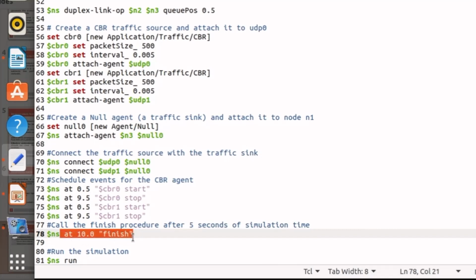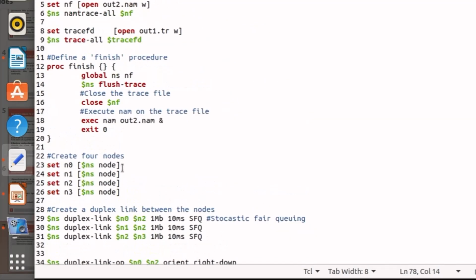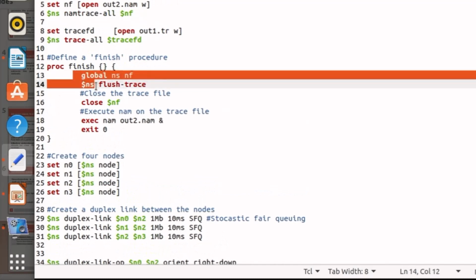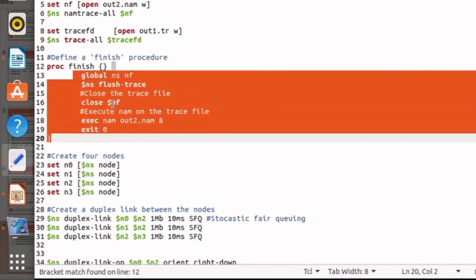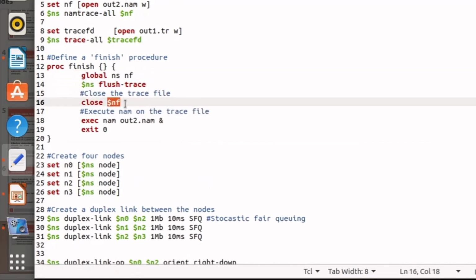At 10th second, the finish function will be called. And what will the finish function do? It will close all the files. The NF, the trace file we have created, it will flush the trace, meaning whatever data is stored in it, after writing it, it will close the trace file as well.